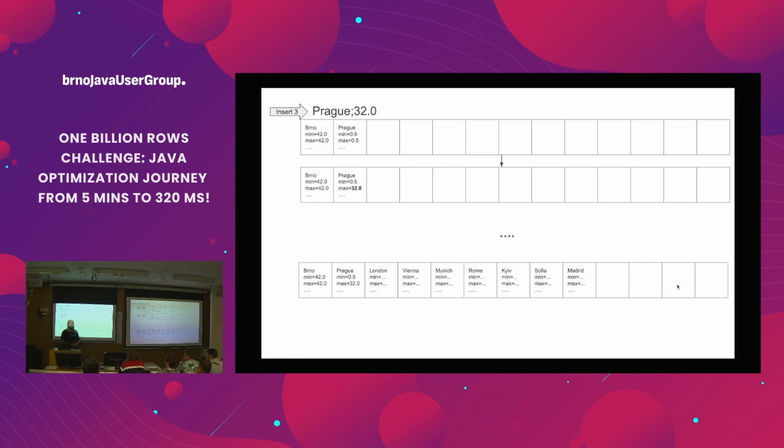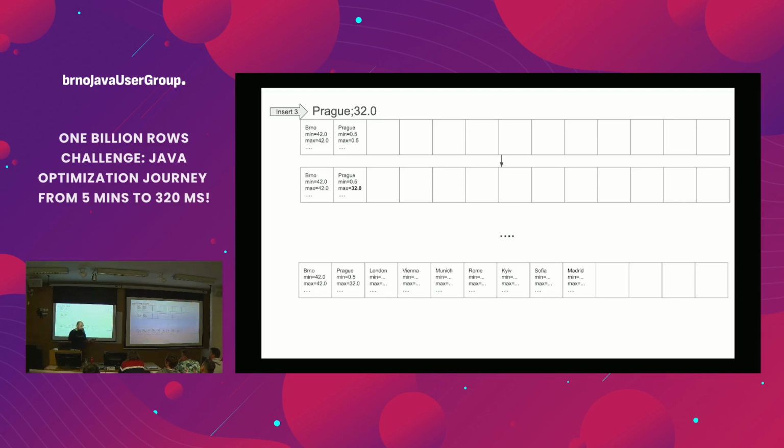What is the disadvantage of this? Pardon? It's not ordered, but maybe that's not a big problem, because if we had just 400 cities, I can aggregate all these 1 billion rows, get these 400 entries, and order them in the next step. That should be easy, right? Just 400. So that's not the main problem. It's hard to find. Any time you are inserting the name of a city, it's hard to find the right slot.